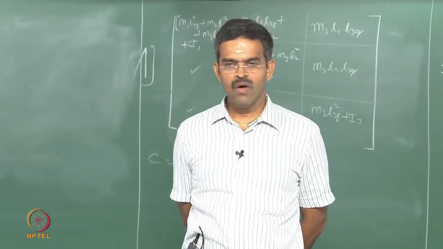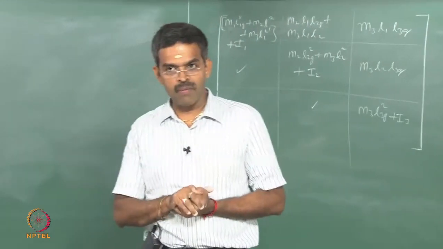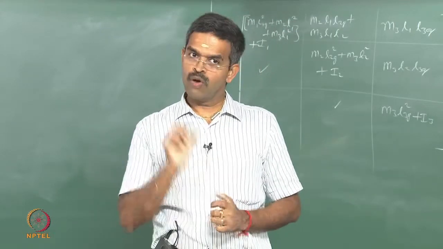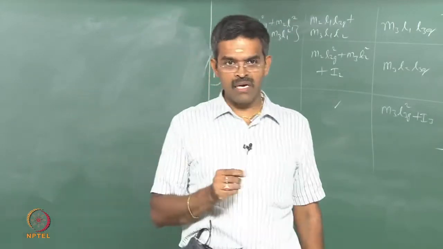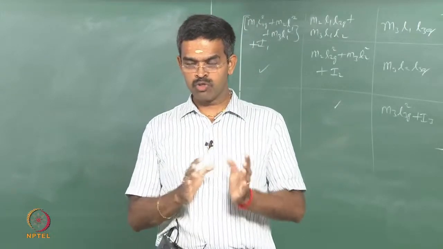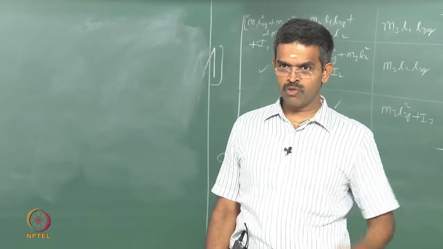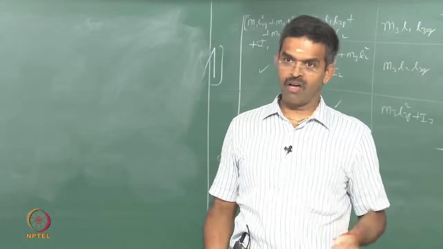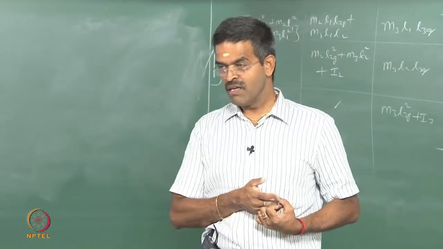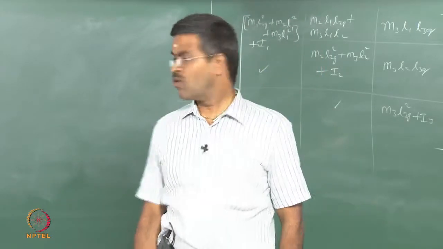Most interestingly, one can physically ask, sir, when you attach a secondary mass system to the primary mass system, how will the response actually get controlled? You have to tune the secondary mass in such a manner that they are out of phase. If the primary mass moves to the right, the secondary mass should move to the left, so it should drag the primary mass to the left. When the primary mass moves to the left, because the wave can act in both directions, the secondary mass should move opposite to it and drag it back to normalcy.